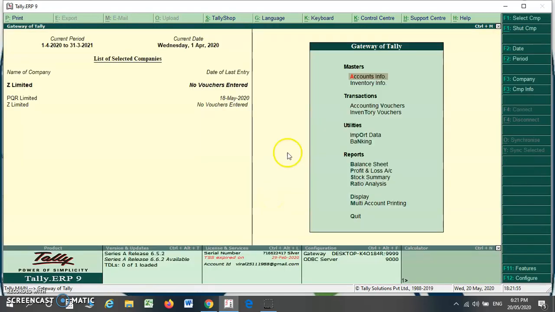So in this way you can import all the masters, as well as your particular requirement of particular masters, that is accounting masters or inventory masters, or all the masters from one company to another company, with opening balance as well as without opening balance. So this is the video on how to import the masters from one company to another company in your Tally